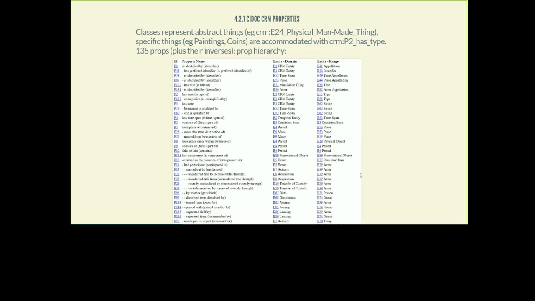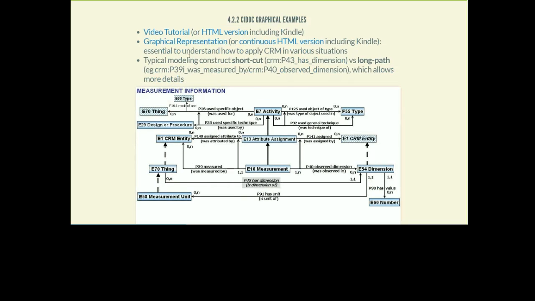This is the CRM property hierarchy, with sub-properties, you see the dashes here. So this property is a subproperty of this one and that one and that one. There's a forward inference prescribed for this property here. It has about 135 properties, but they have inverses as well. It's somewhat hard to get an understanding of. It's a bit complex ontology, but I think it has fundamental importance for the GLAM domain.